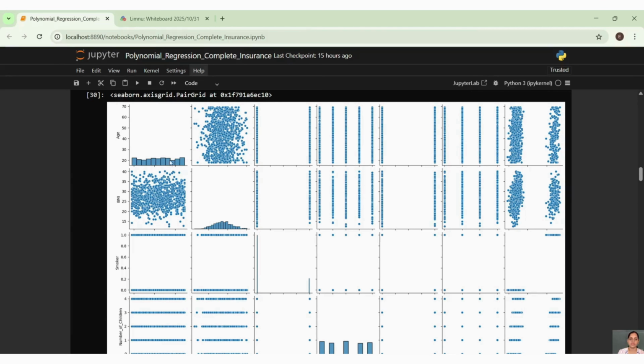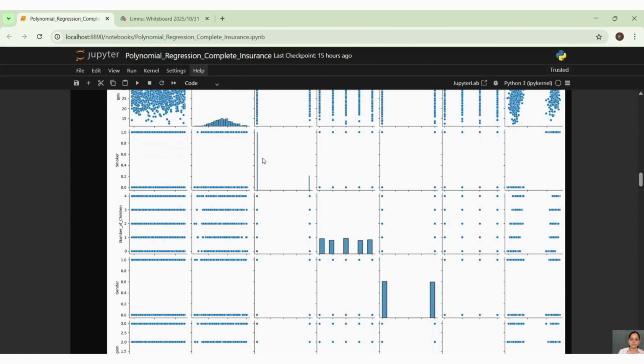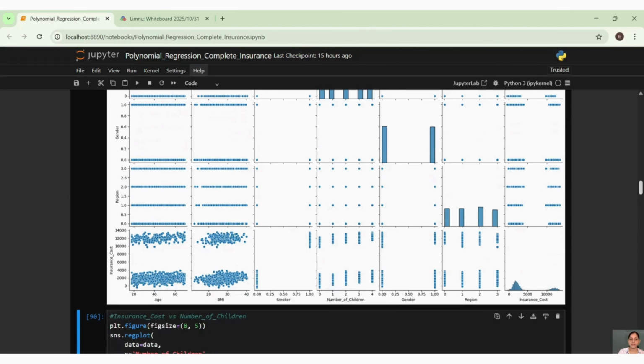features are going to show the relation among each other. You can see this is the histogram for age, this is the histogram for BMI, and this is the histogram for smoker. This is for number of children, this is for gender, and this is for region and insurance cost. However, these are the relations: insurance cost with region, then gender, then number of children, like that.